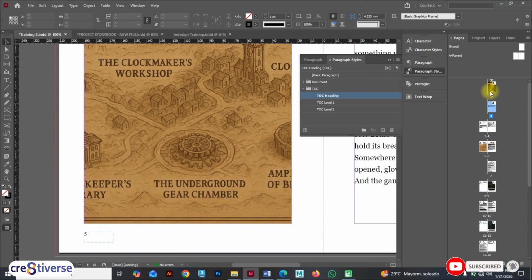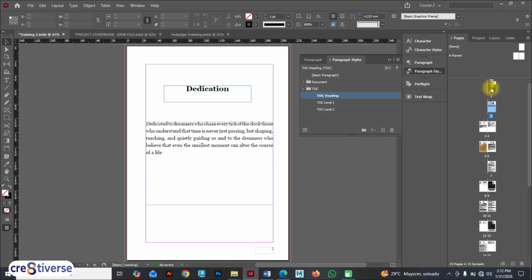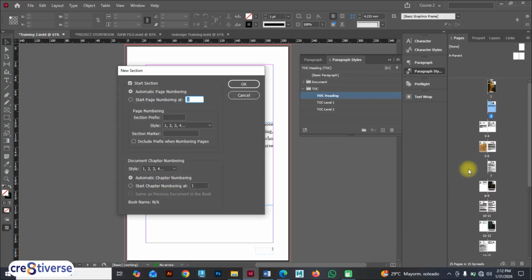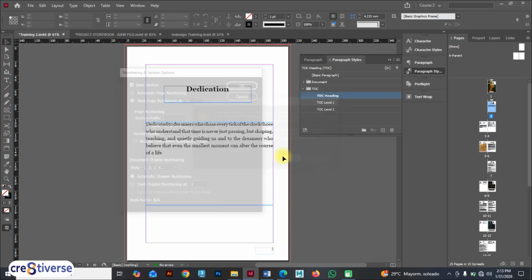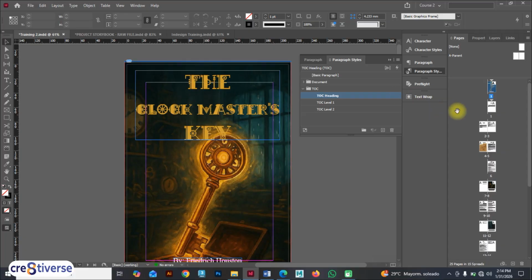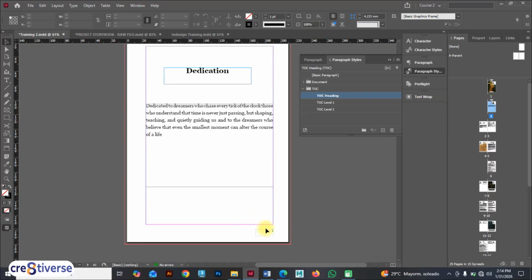But I want the page number to start from here, to start from this place here, because this is the front page. So for it to start from here, all I need to do is to right click, come down to Numbering and Section Options. Make sure this is checked. It should not be on automatic page numbering. Tick start page numbering at 1. When you click this, this will pop up. You click OK. So now we have this, which is the first page. Then we have this, which is 1,